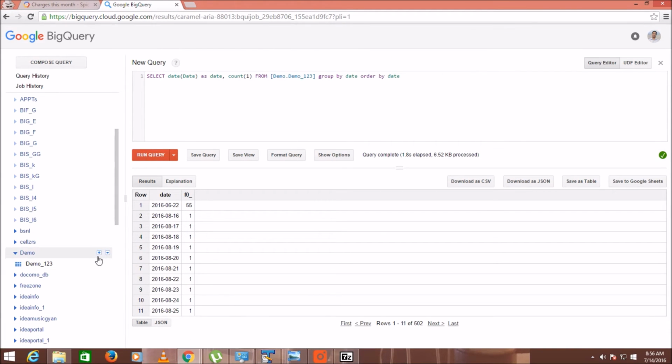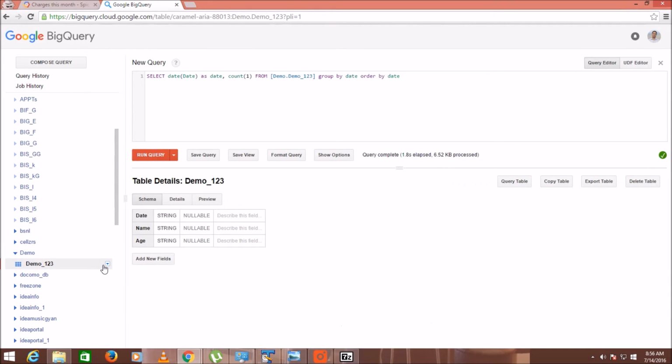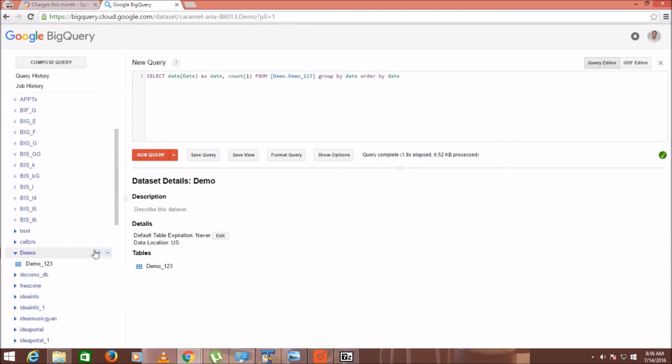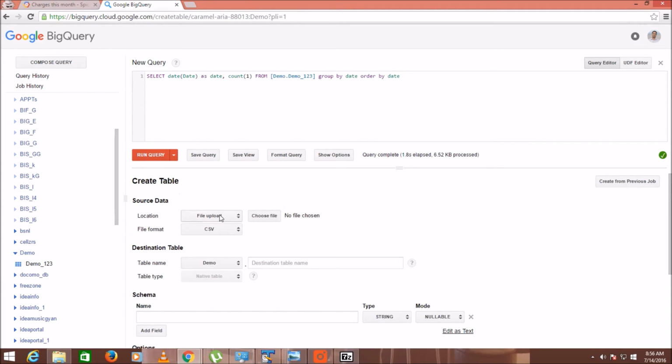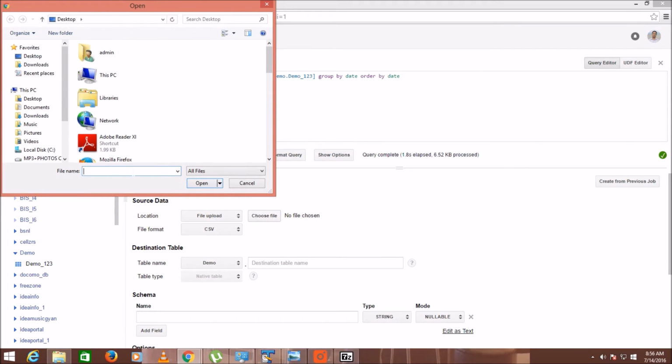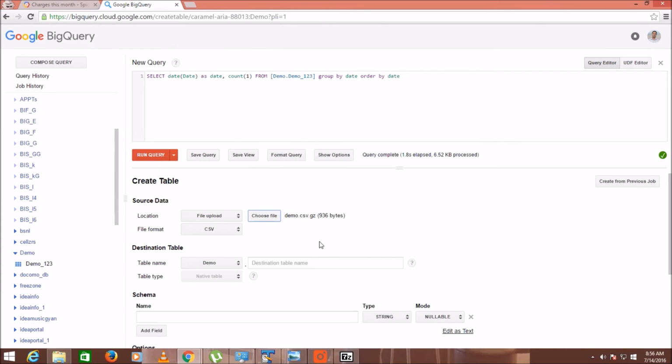So here we can make the same operation again. Now this time we are taking the file with the extension gz, which is the compressed format.